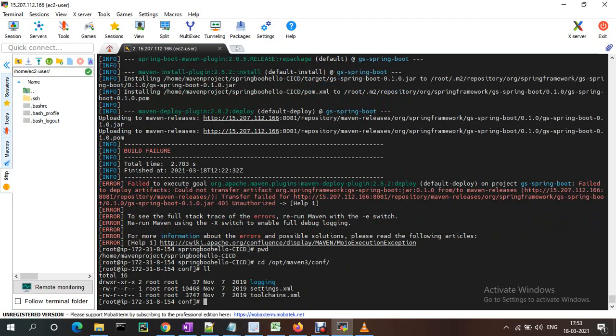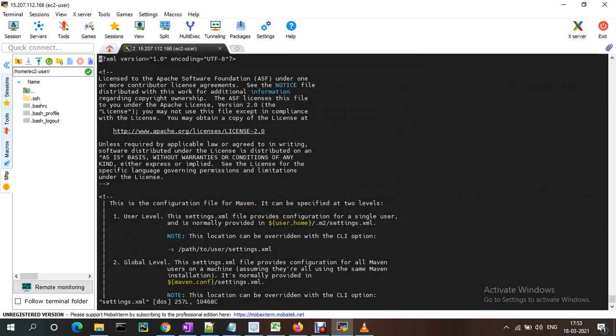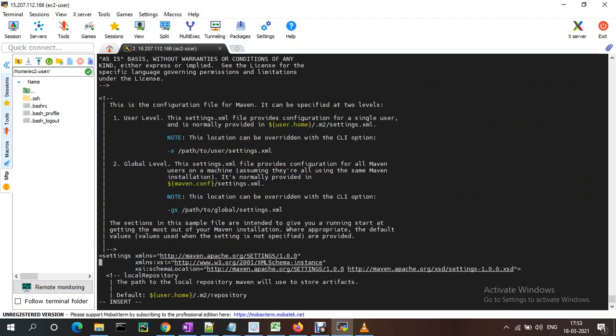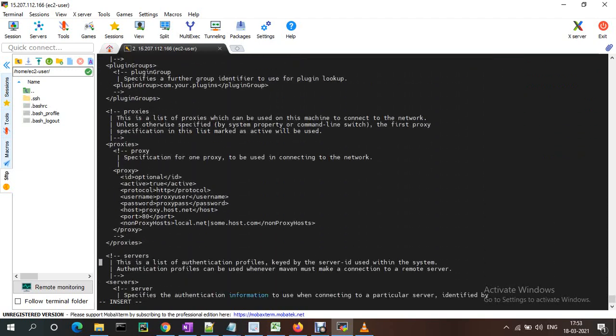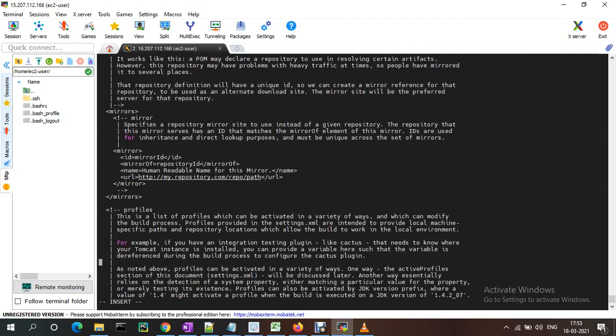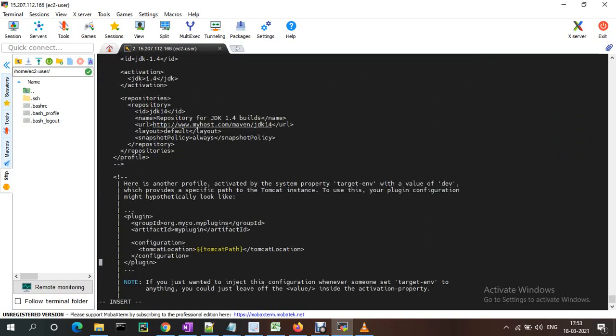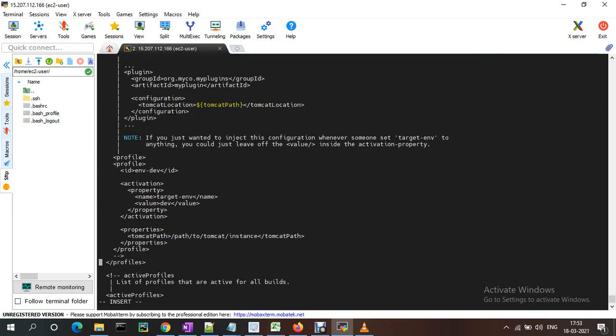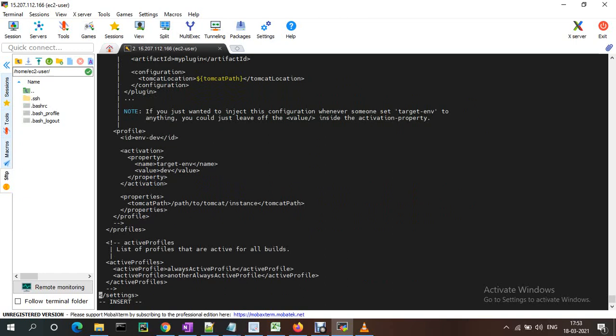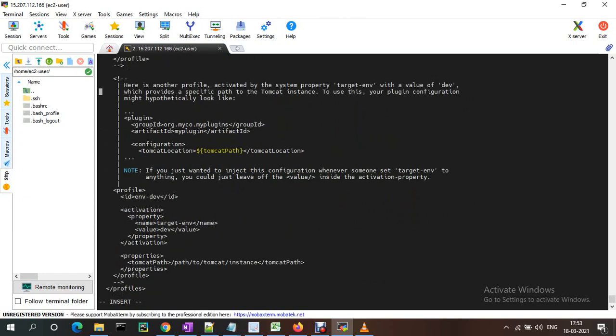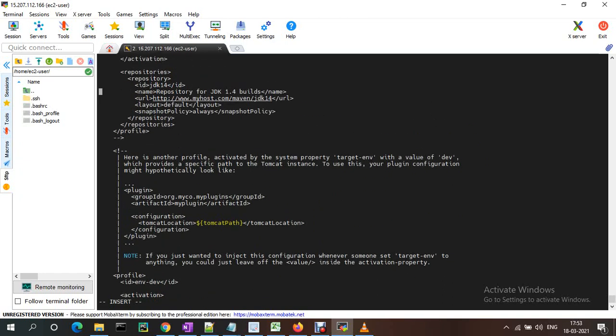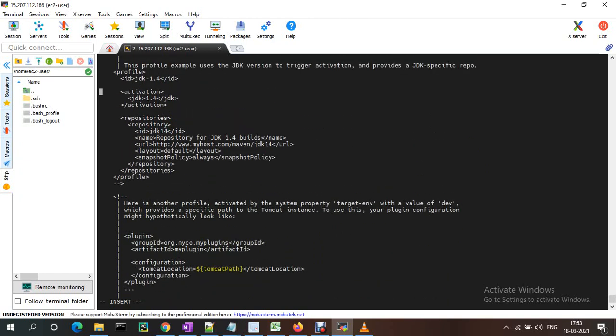Under here settings.xml is there. If you see that, we need to provide the username, user id and password. Wherever the server path is there, we just need to update it here.